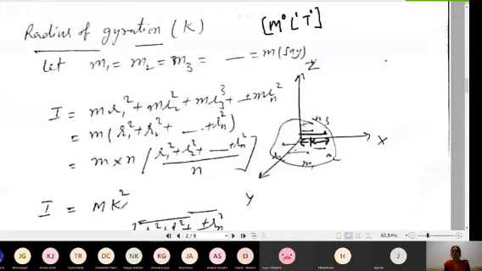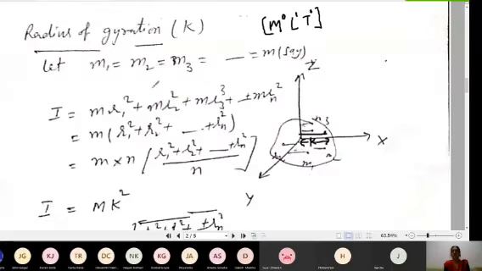It is similar to that term, but when I have to define it, I have to see that the moment of inertia in both cases remains the same. It means if I assume this distance k, the perpendicular distance from the axis of rotation, or I take the actual distribution of the masses, in both cases the moment of inertia remains the same. This is the definition of the radius of gyration.